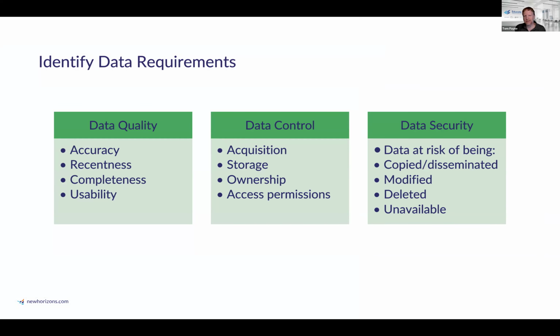Identify your data requirements. AI needs data. AI can't learn if you don't feed it information. So the quality of the data you feed it is really important. If you feed in a bunch of sales data to your AI,